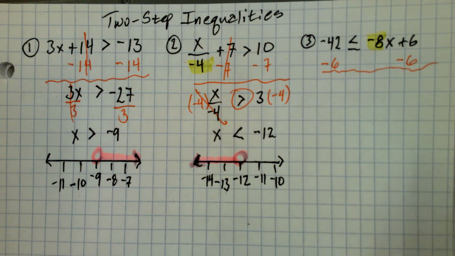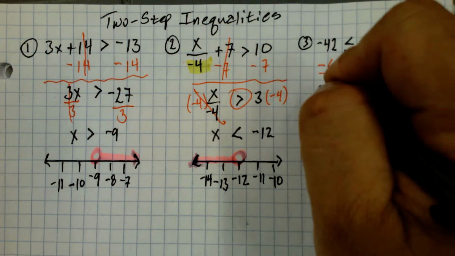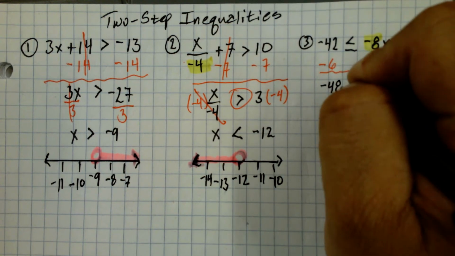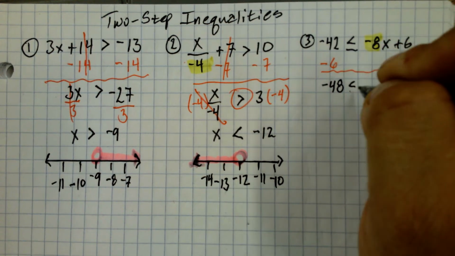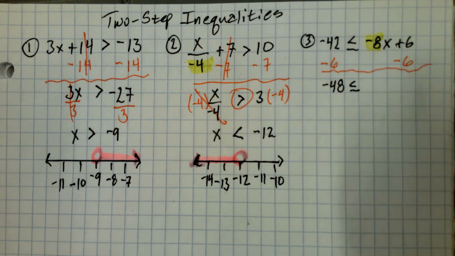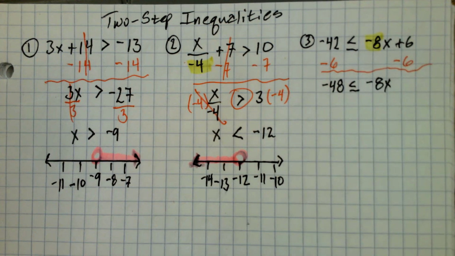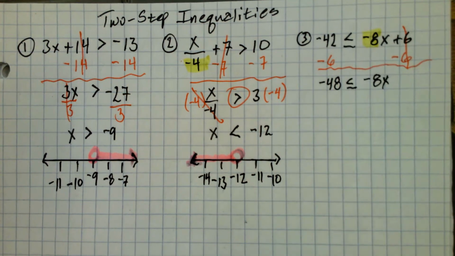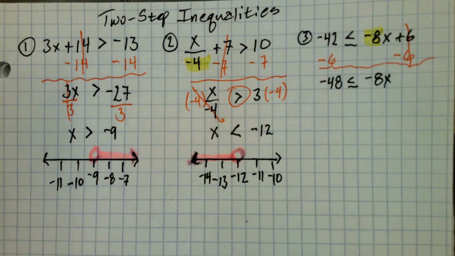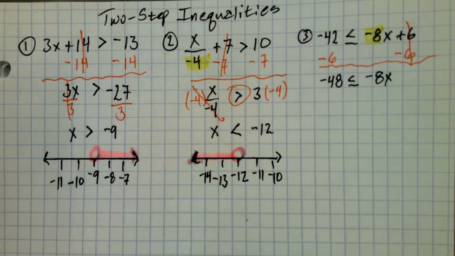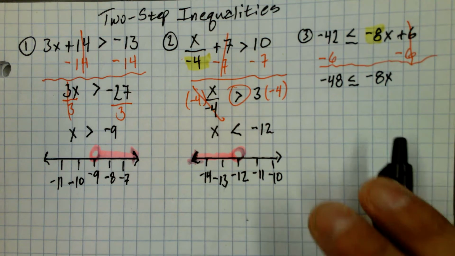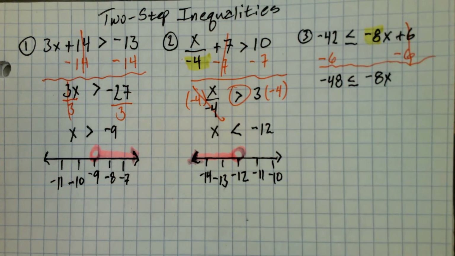There we go. And we got negative 48 is less than or equal to negative 8x. And the 6 and minus 6 cancel. Okay. Now, we have negative 8 times x. That means we're going to divide